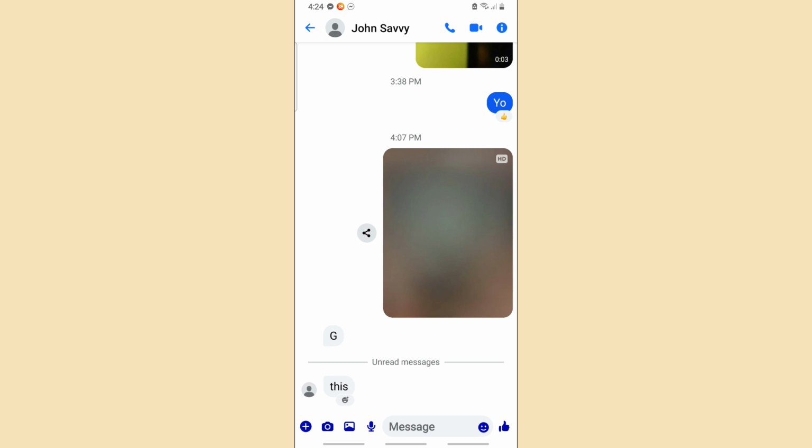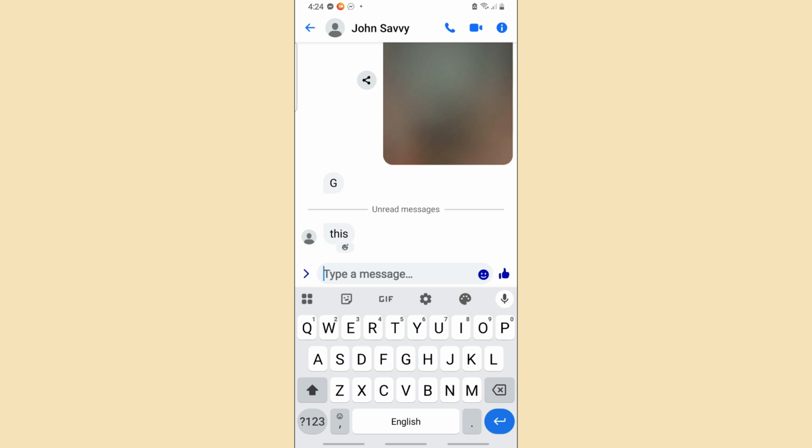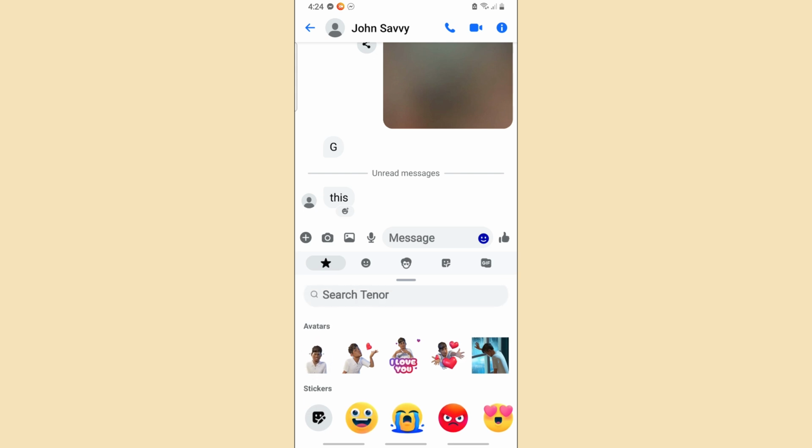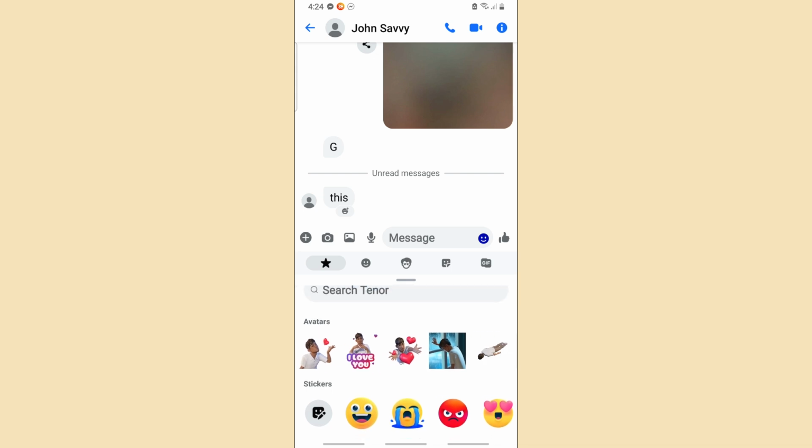Now, over here, guys, in order for you to do the heart effects, I will discuss multiple effects that you could try on the Messenger application. So go to the type message, and you will have the emoji icon over here on the right side of the screen. Now, from here, you can just simply go ahead and select through the avatars over here,